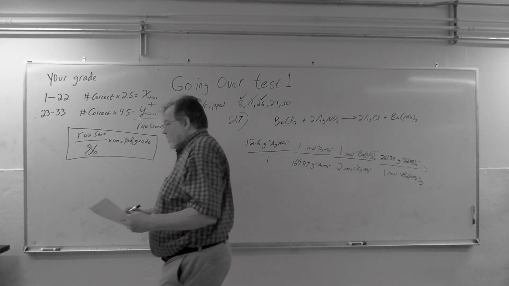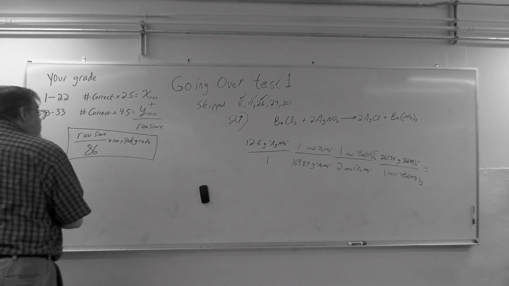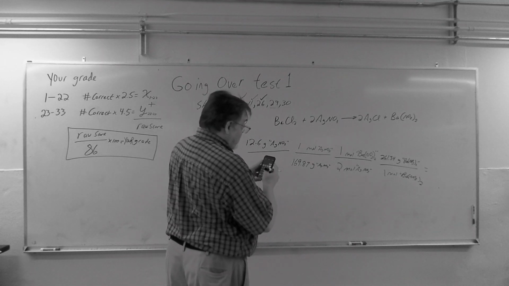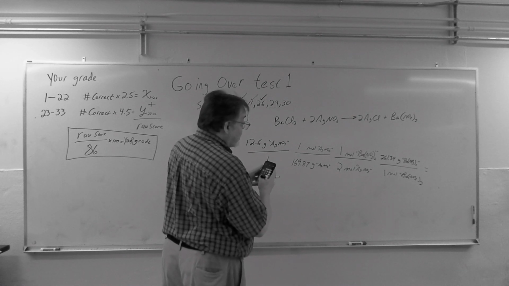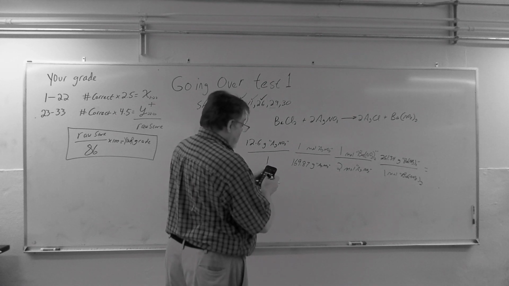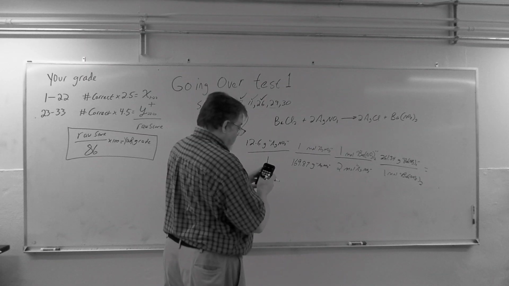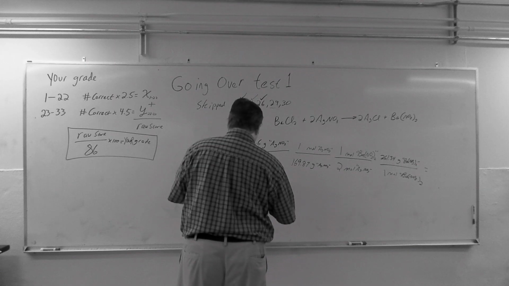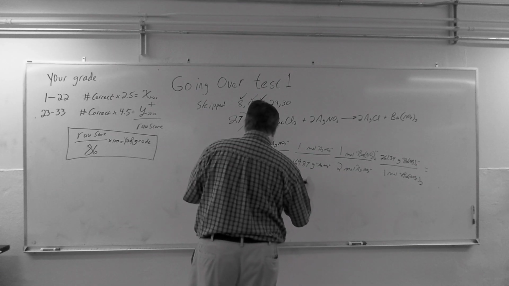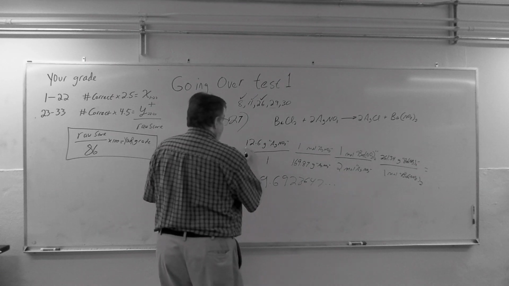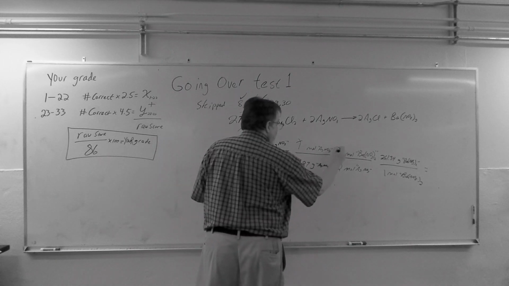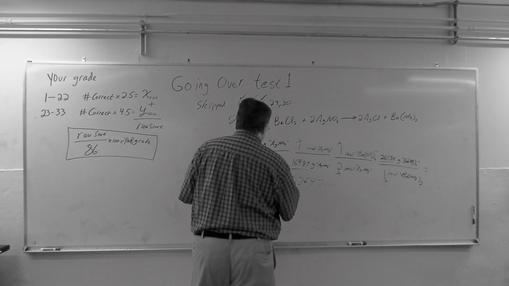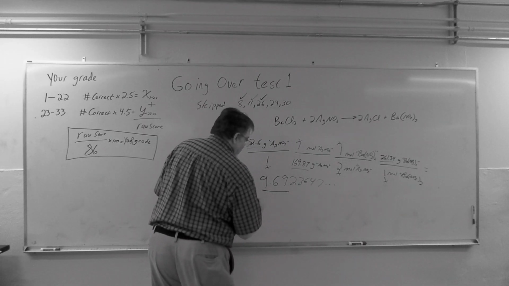That should do it. 12.6 times 261.34 divided by 169.87 divided by 2. The calculator says, those are exact, so we've got 5 significant figures and 3. So it's 3, so the answer should be